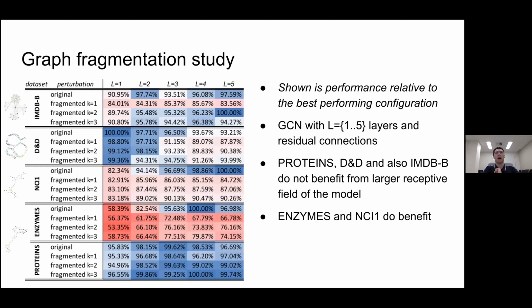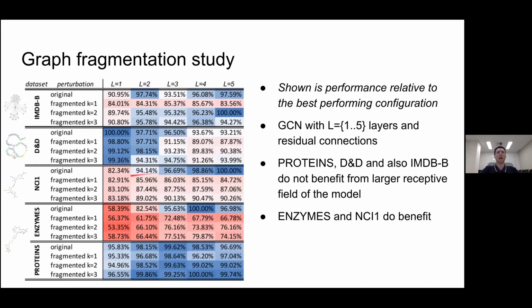And then after we fragment this, let's look at what we get here. We look at the relative performance of these different modifications of the data set and of a graph convolutional network with 1 to 5 layers. And we look at the relative performance to the best performing model. So let's say for this